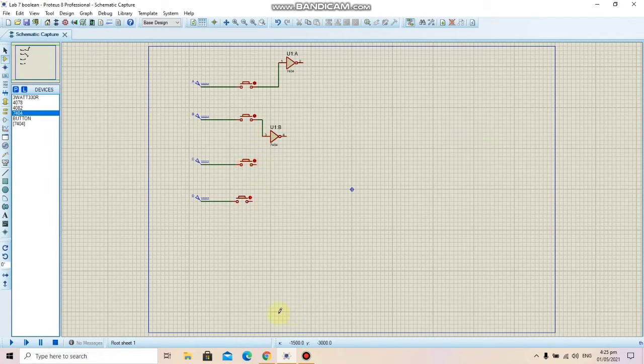C and D0, so for D0 this here, and let's connect them with an AND gate because they're being multiplied. So first AND gate,